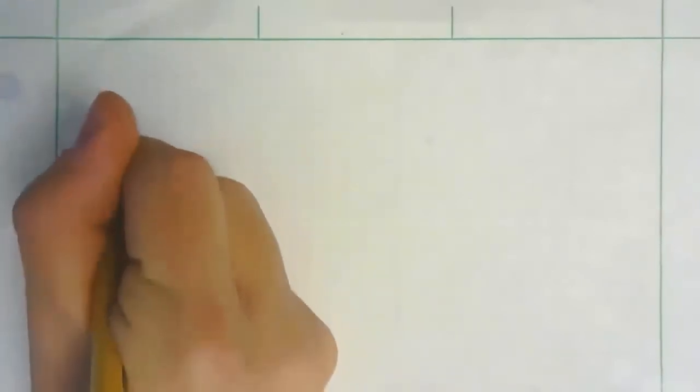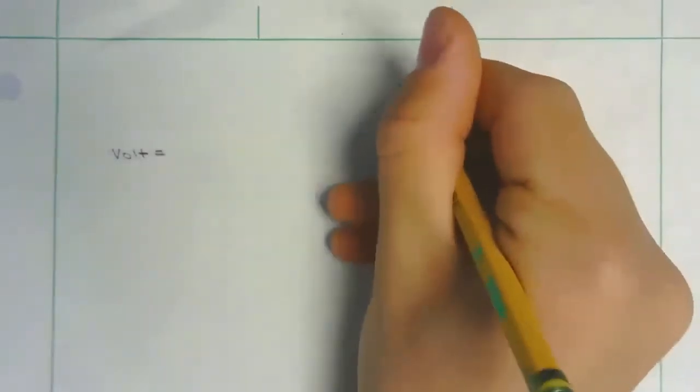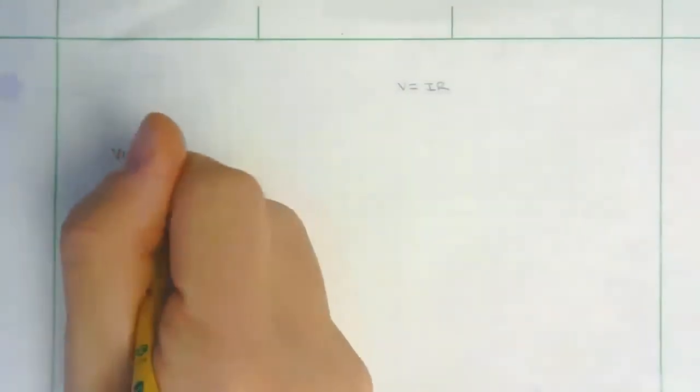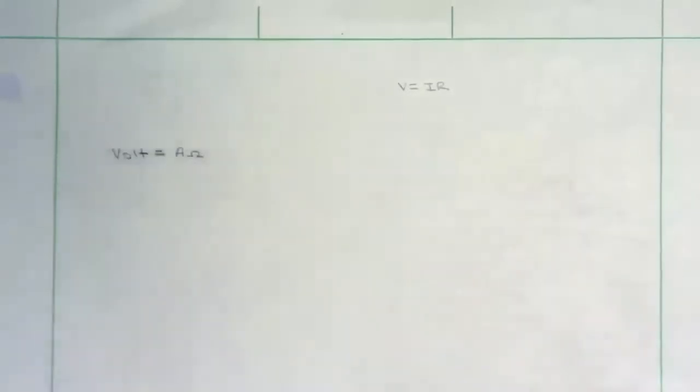So the first circuit element we're going to introduce is what you've probably heard called a volt, or voltage. So a volt, if we know Ohm's law is V equals IR, which is current times resistance, we get current in amps times our resistance in ohms. So volts are also equal to amps times ohms, but they're equal to some more things, and that can be derived from different equations and other